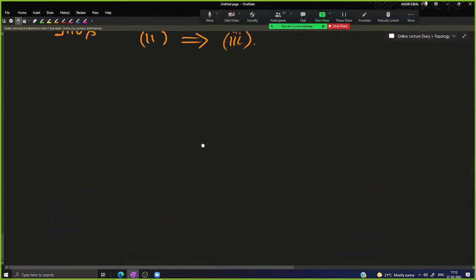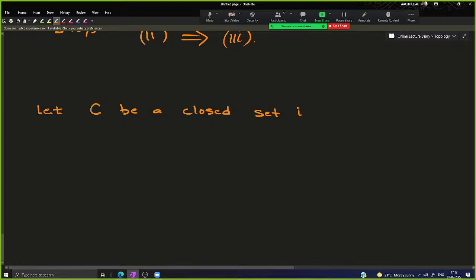तो इसके लिए आप क्या करिए, आप एक क्लोज्ड सेट लीजिए, let C be a closed set in the metric space Y d, right? So it's a closed set, और आप ये मान लीजिए, and let A, capital A, be equal to f inverse of C।